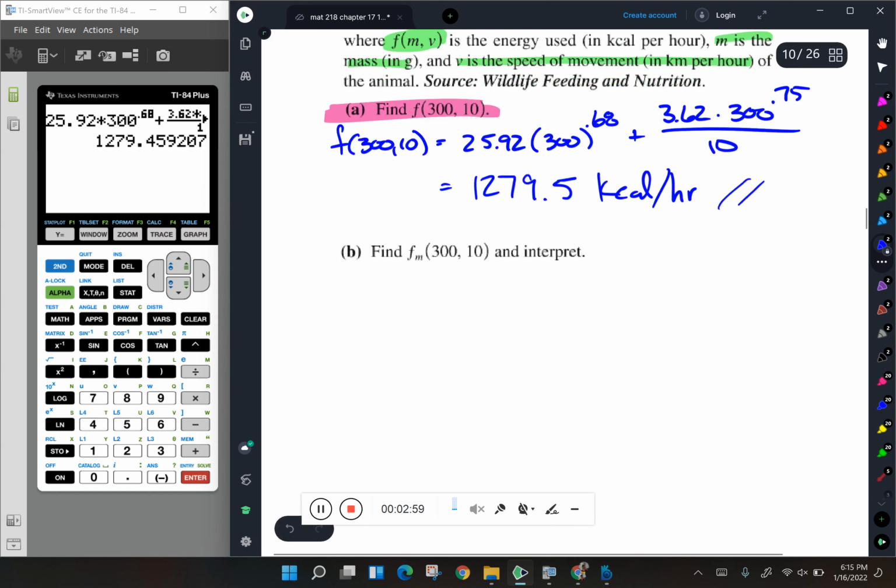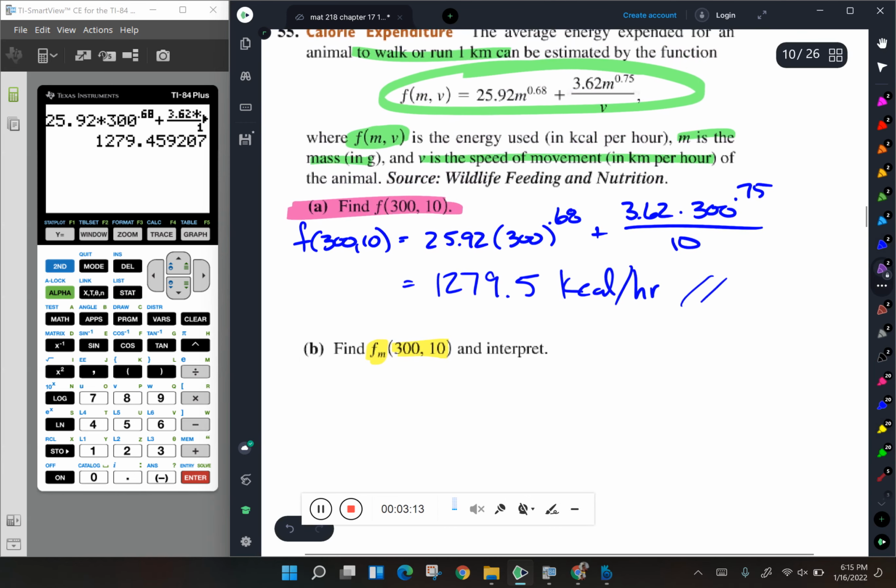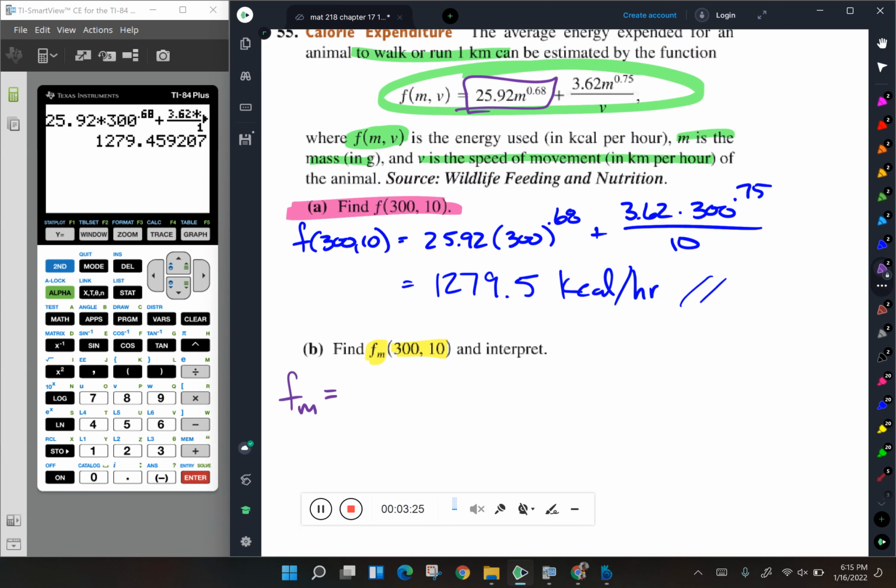All right, so now let's take a look at part B. What does part B ask us to do? Well, the numbers are the same, but it says find the first partial with respect to m and then evaluate. So I need to take a partial derivative. Okay, all right, so f sub m. Let's see, the first term of my function has no v in it, so it's just going to be kind of like taking a derivative. So that's going to be